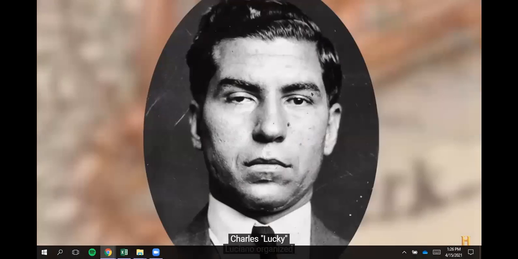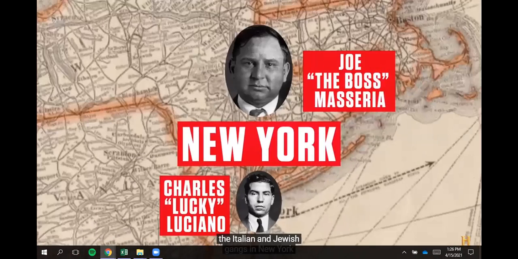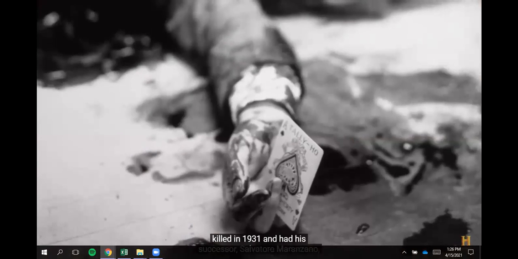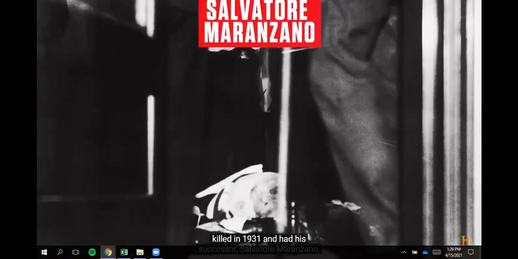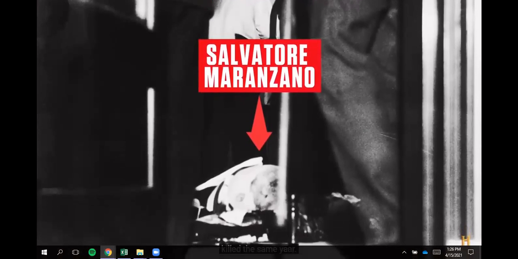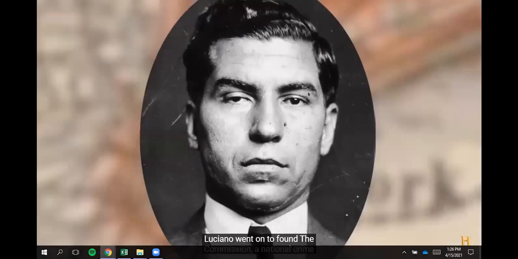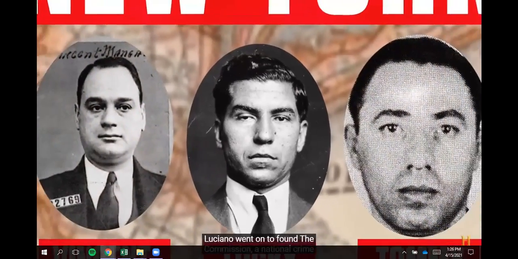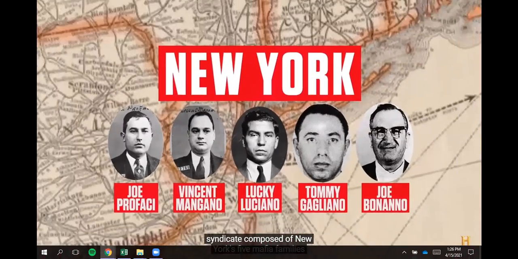Charles Lucky Luciano organized the Italian and Jewish gangs in New York under Joe the Boss Masseria, before Luciano had Masseria killed in 1931 and had his successor Salvatore Maranzano killed the same year. Luciano went on to found the Commission, a national crime syndicate composed of New York's 5 mafia families and the